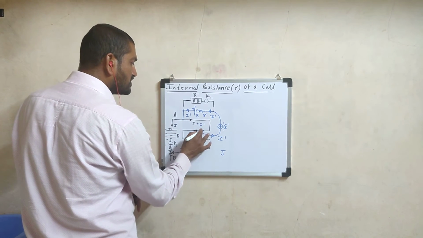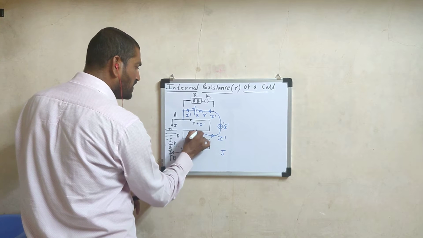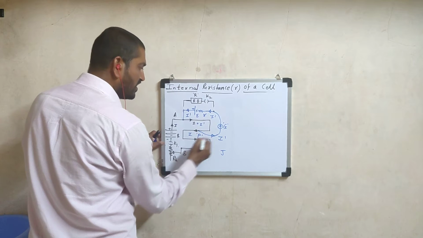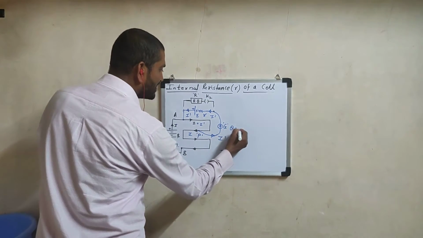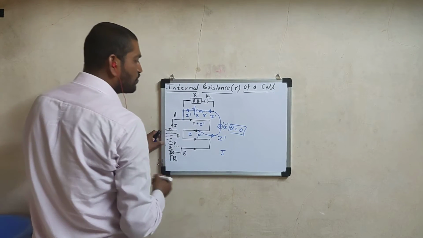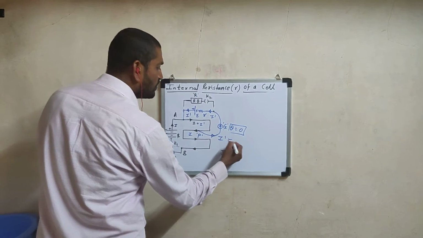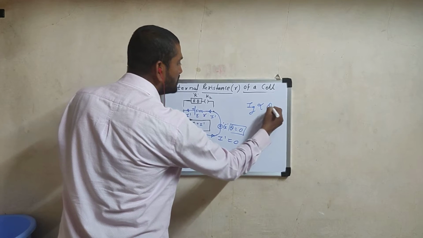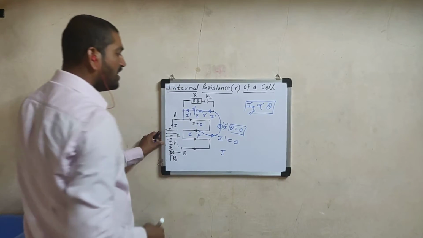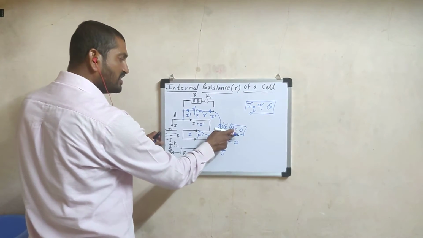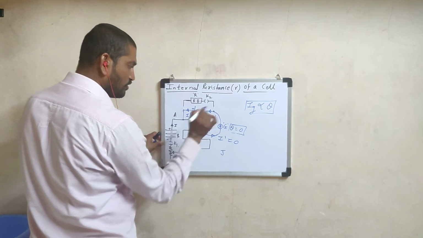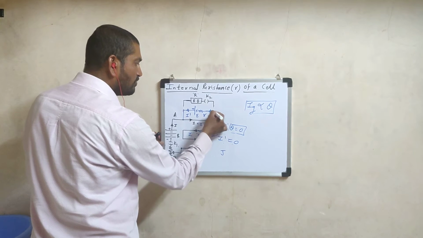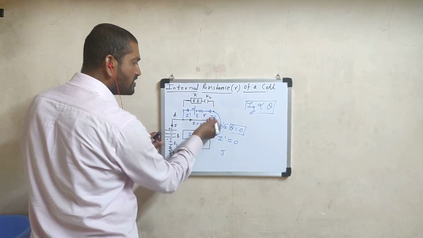Just sliding the jockey somewhere, suppose a point P is obtained. Suppose this is the position of point P for which the galvanometer shows zero deflection. If the galvanometer shows zero deflection, what does it imply? How much current flows through it? Zero. Reason? The principle of the galvanometer: it works on the principle that Ig is proportional to theta. And hence no deflection is observed. Central deflection is zero always. So the current flowing through the galvanometer is zero. Current flowing through the galvanometer is zero means how much current is returned to the negative? Obviously zero.